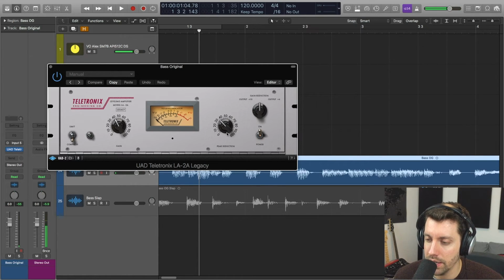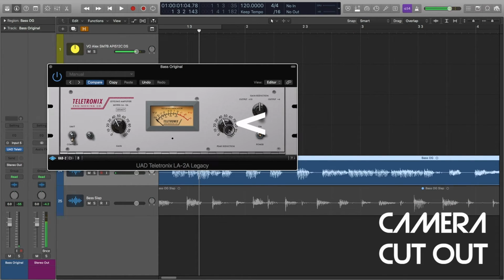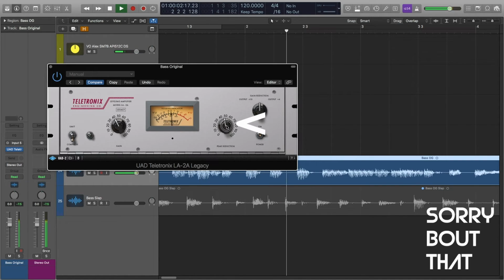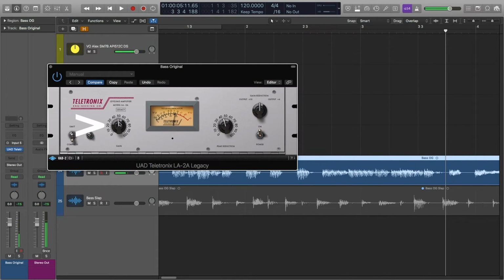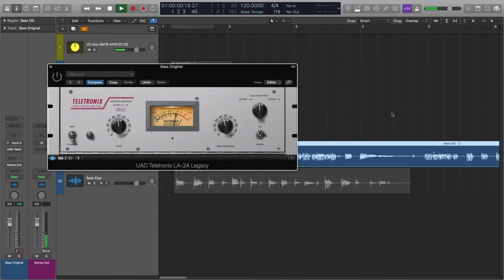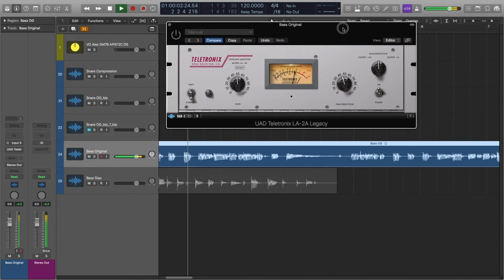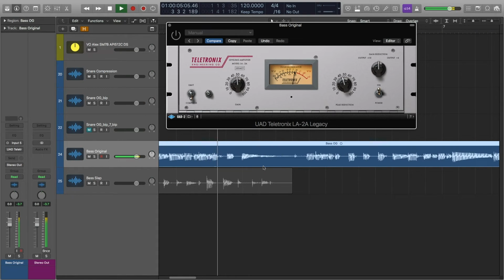How you use this is, right here is basically more compression, so peak reduction. And this is your makeup gain, and it's as simple as that. Now, I'm going to play something for you and show you what difference this can make. Okay, that last note, the boing,